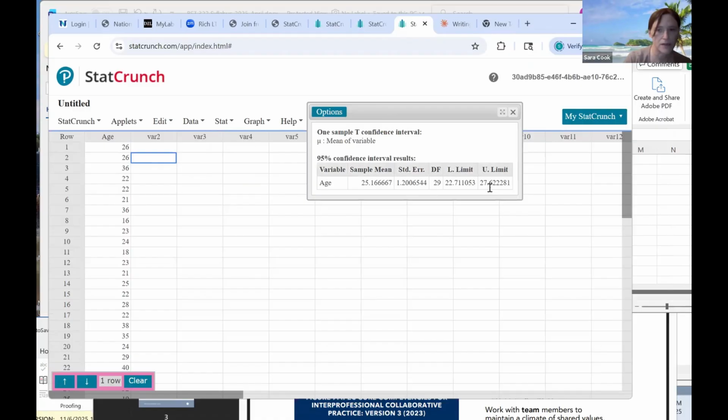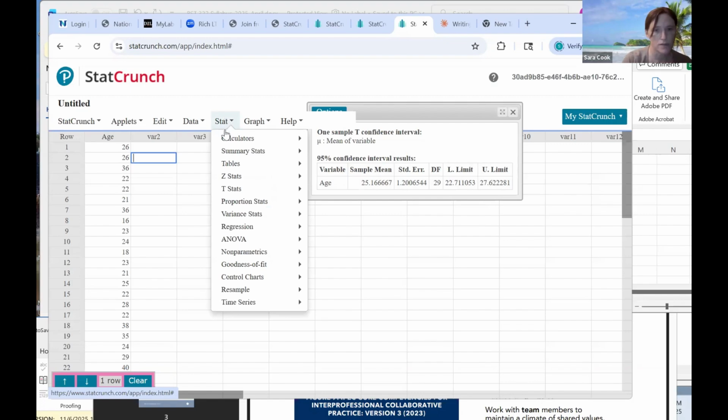The sample mean and its confidence interval, 22.7 and 27.6, is one way we can interpret this: the true population mean likely falls between 22.7 and 27.6. Or we could simply say the 95% confidence interval is 22.7 to 27.6. But the interpretation is that the true population mean falls somewhere in that range. Now, the second part of the question